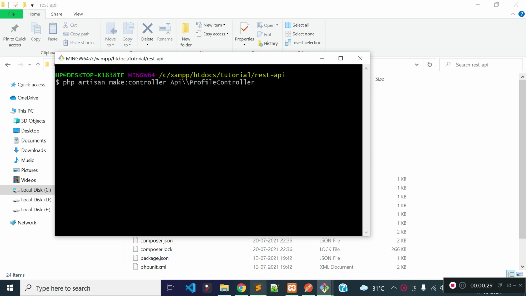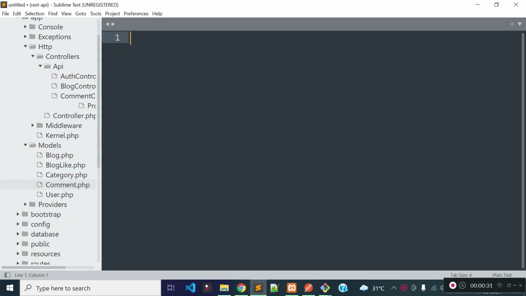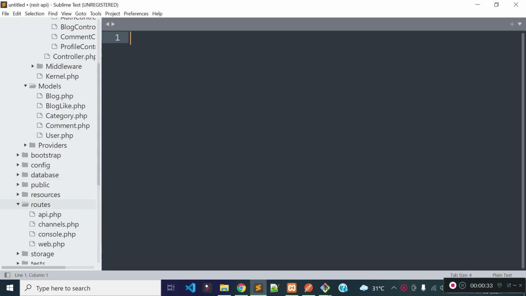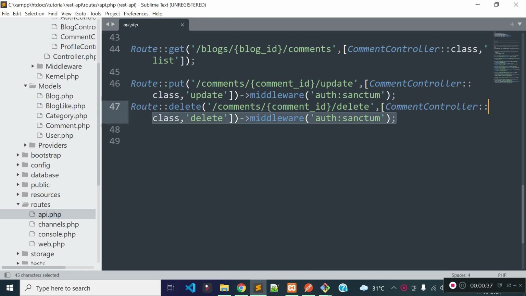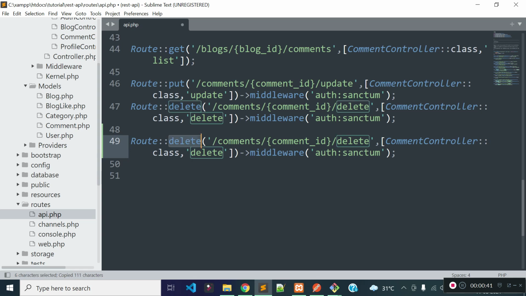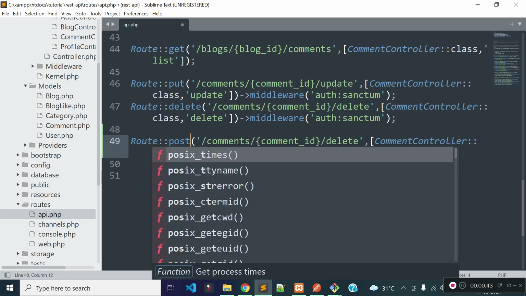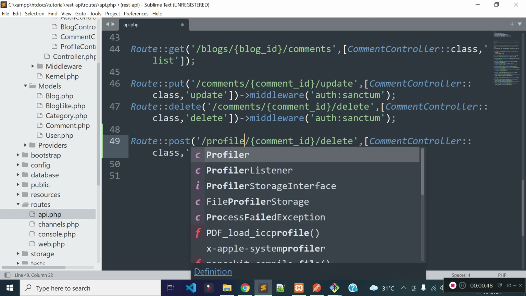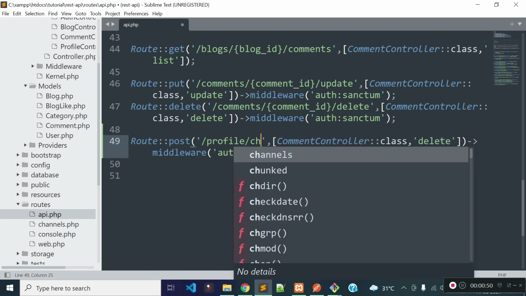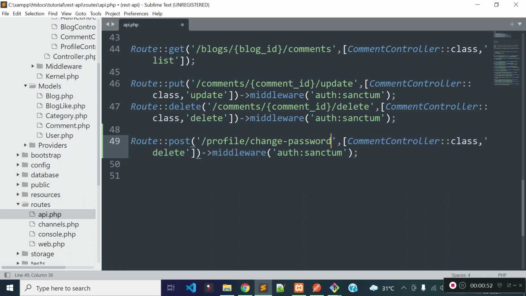Now let's open our api.php file to add a new route for change password functionalities. So route method will be post and URL will be profile/change-password, and it will execute ProfileController change_password method.